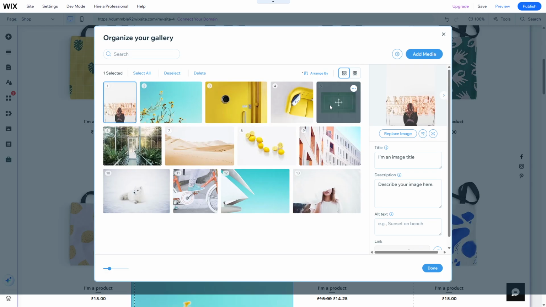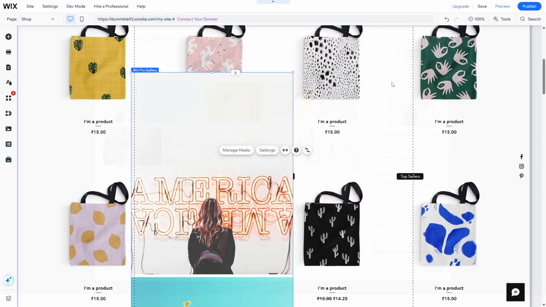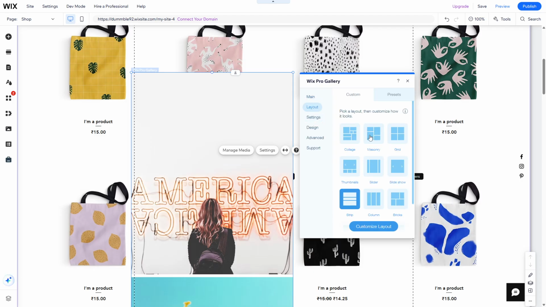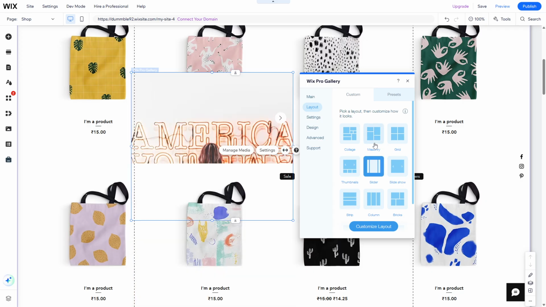With your videos now uploaded, we move into the personalization phase, where you can really let your creativity shine. Your gallery should not only represent your brand, but also enhance the overall aesthetics of your website. Start by customizing the layout. By accessing the gallery settings and navigating to the Layout tab, you'll find options such as grid, masonry, or slideshow. Each of these has its own advantages, so feel free to experiment with them to see which best suits your